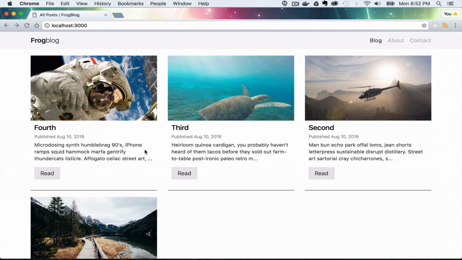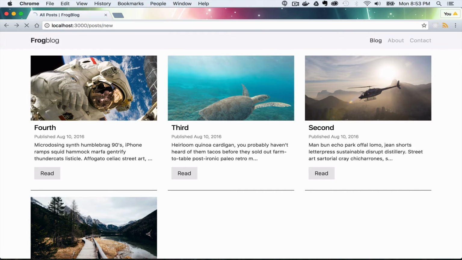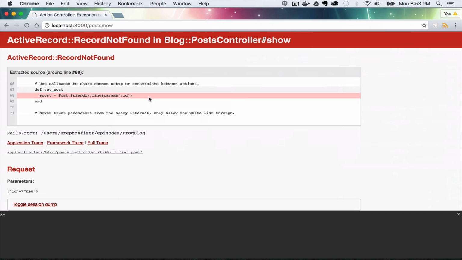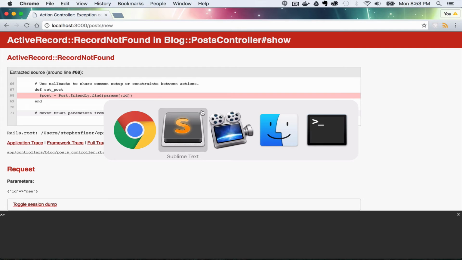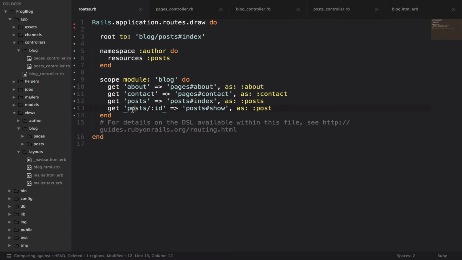So let's jump back over to the browser, and let's see where we are with everything. If I refresh this, that's still fine. If I go to post/new, that should be broken. See what the error is. ActiveRecord record not found. So what's happening here, and this is not the most intuitive error, and that has to do with the way that we have things set up, is we're pointing, so look at the URL, we have post/new. We're pointing to post ID. So what it's trying to do is look up a post with the ID of new,